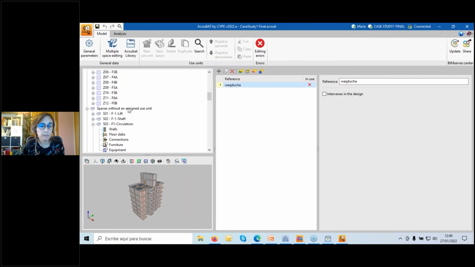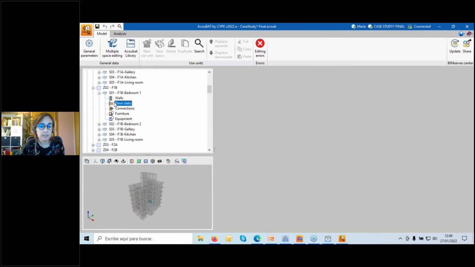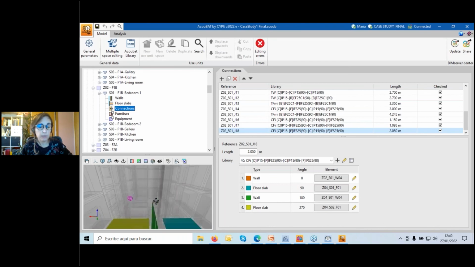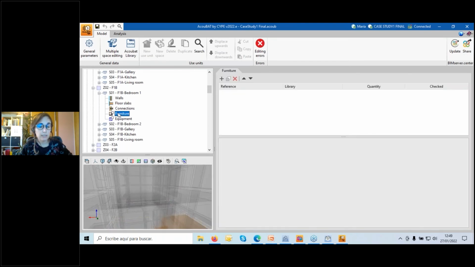Once this is read, we can check in all the elements what we are talking about. The connection, this is read automatically. Okay. This is why we need the analytical model. Okay, once this is finished, we can